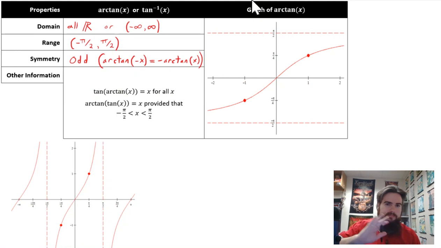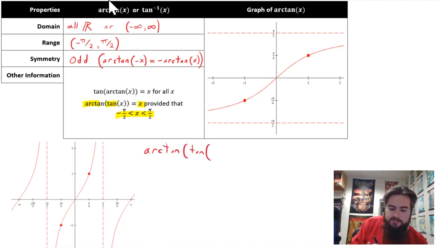However, the other way is still just like the other trig functions. When you take arctangent of tangent, that will not always just cancel out to give you x. That will only give you your input on tangent back if that input is between negative pi halves and pi halves, non-inclusive. So if you're doing, say, arctangent